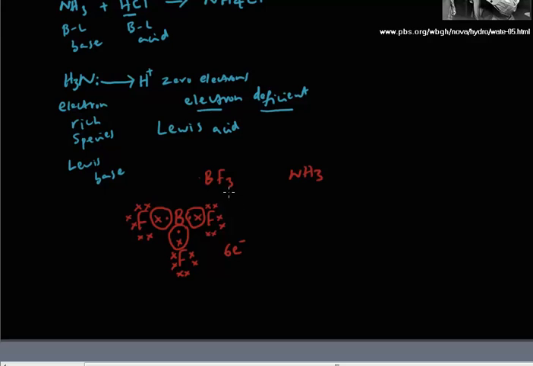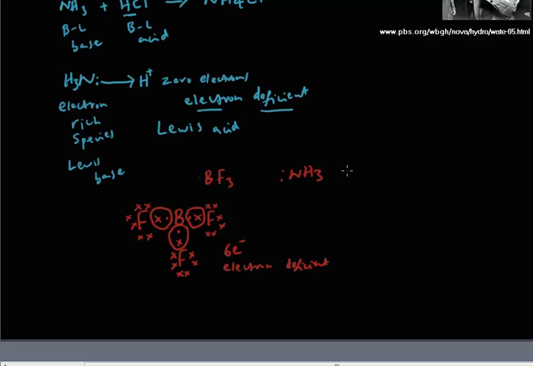So how can boron trifluoride, which is electron deficient, so 6 electrons is electron deficient, overcome that electron deficiency? So what happens is the nitrogen in ammonia has a lone pair of